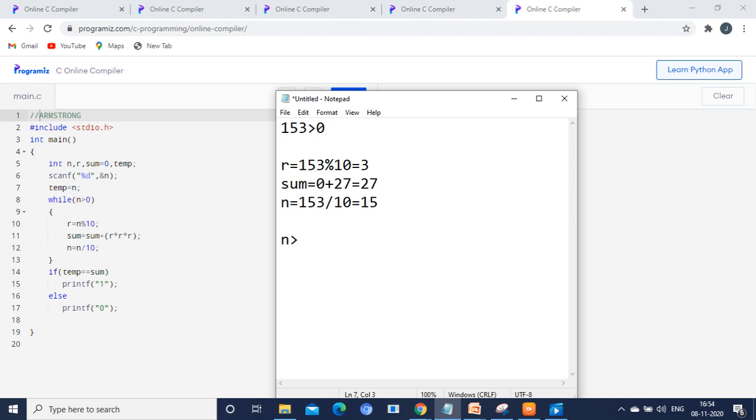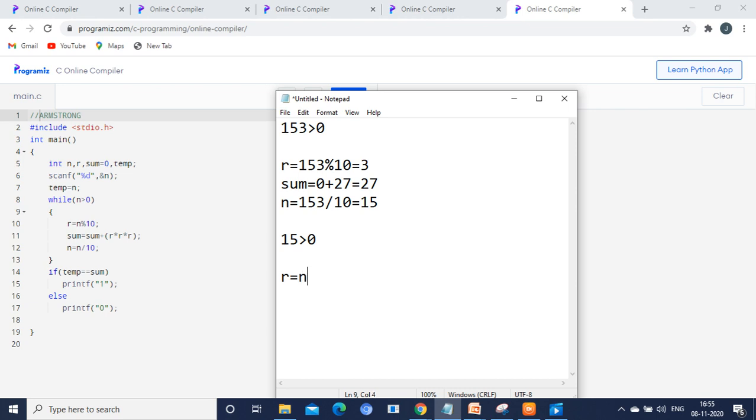Condition checking, n is greater than 0. We are having n value as 15. 15 is greater than 0. It will start execution inside the loop. R is equal to n modulo 10, right?